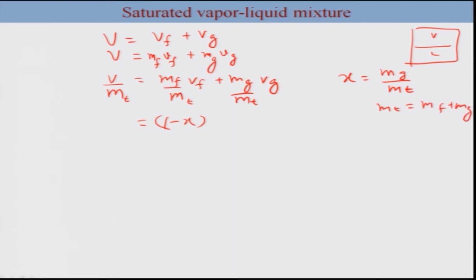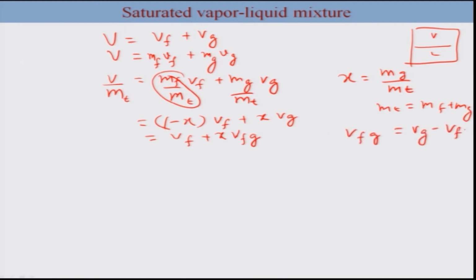In that case, the ratio will be 1 minus x Vf plus x Vg, or in other words you can write this as Vf plus x Vfg, where Vfg is Vg minus Vf. So this is going to be the V average